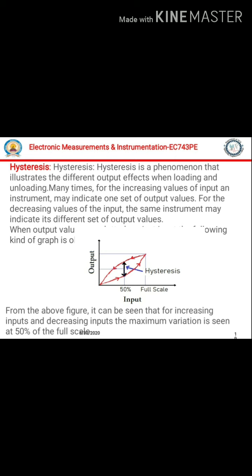Suppose you continue the experiment in reverse order, starting from 10 kg and decreasing with the same set of weights. The readings you get may not be the same. Clear? The instrument's response in one direction may not be the same as in the other direction. When you keep incrementing weights, the weight indications you get may not be the same when you follow the reverse direction of the experiment.